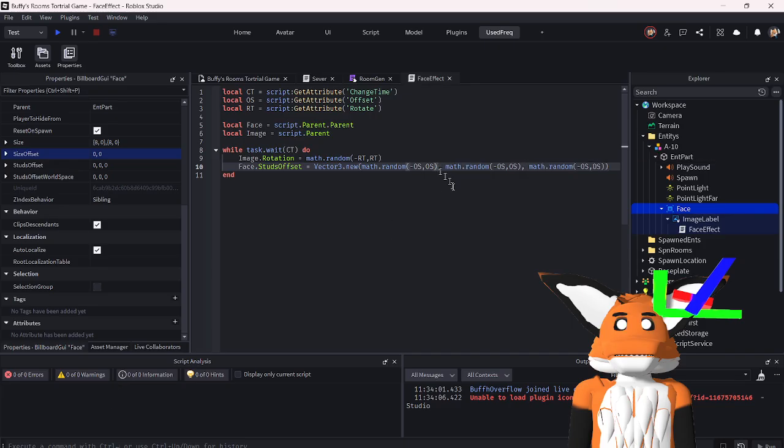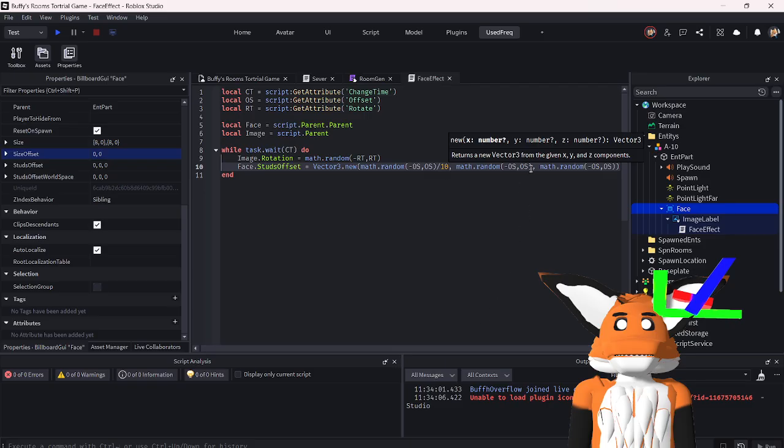Oh yeah, shoot. Math random OS divided, math random OS, negative OS, comma OS, and then put outside of that, divided by negative 10, I think. Yeah, divide by negative 10 and